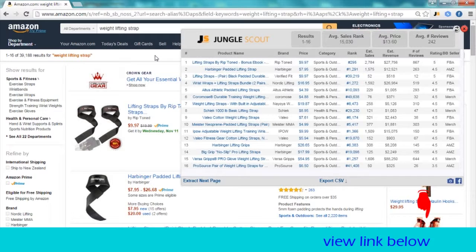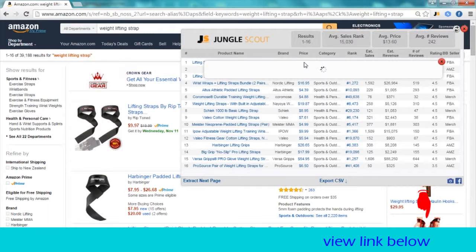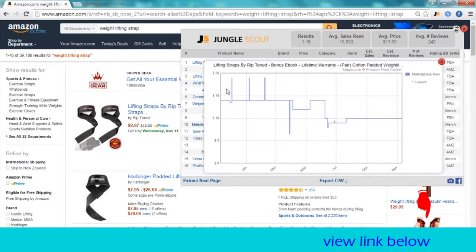So as you can see, the Jungle Scout software is an amazing piece of software. This version I have is just your standard version. The Pro version has a huge amount of other analytical options, and well worth the money. Really, at the end of the day, if you click on here, it'll give you stats on your price movement